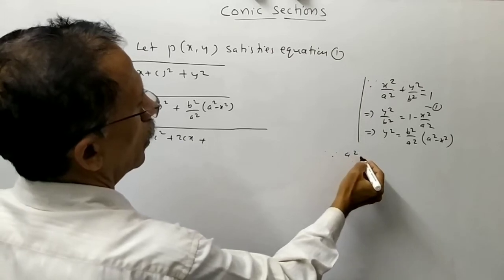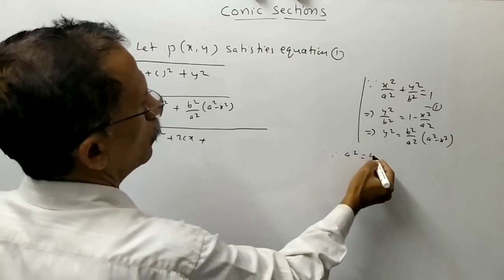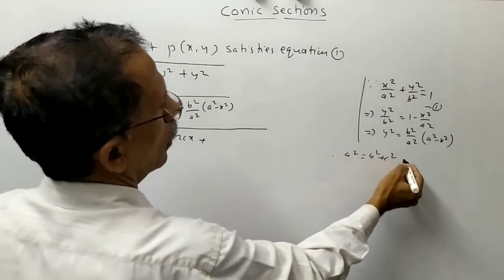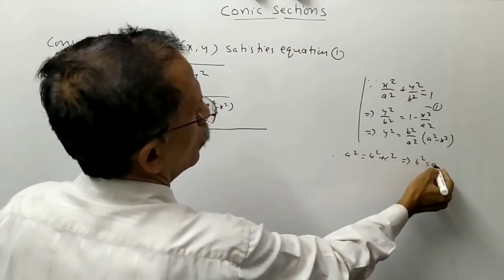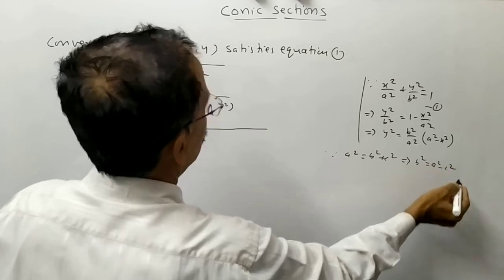As we know that a square is equal to b square plus c square, this implies b square is equal to a square minus c square,